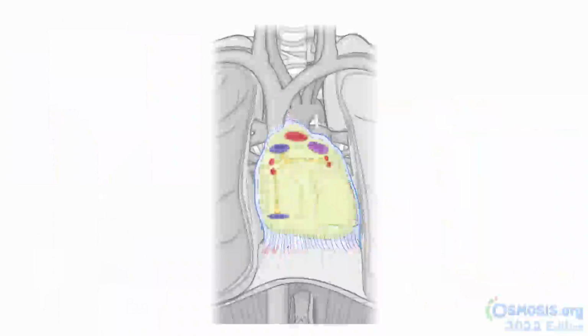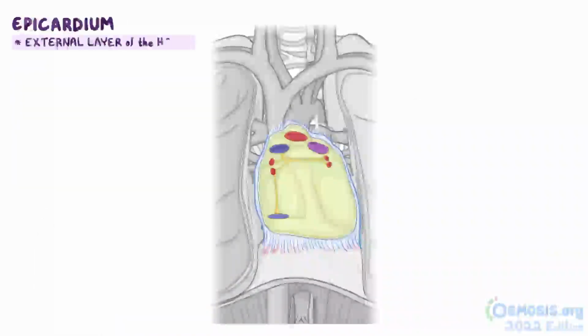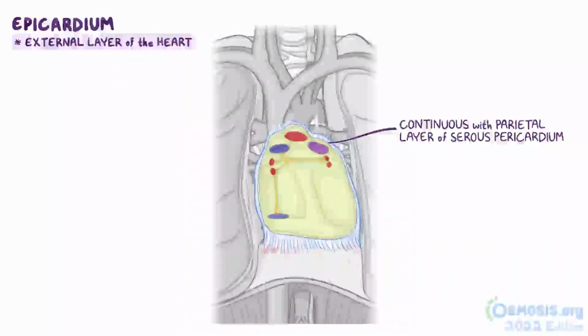Now, the visceral layer of the serous pericardium forms the epicardium, which is the external layer of the heart. It extends onto the beginning of the great vessels and becomes continuous with the parietal layer of the serous pericardium. Within the pericardial cavity, which is a potential space formed between the parietal and visceral pericardial layers, the transverse pericardial